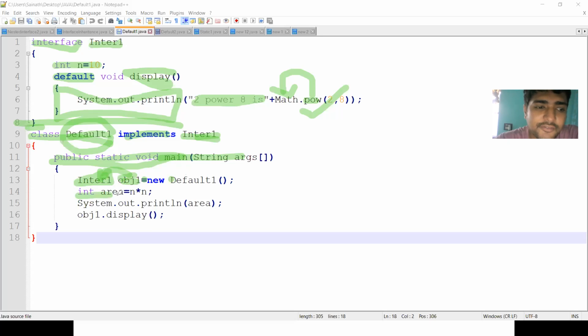Then I am creating a variable area and assigning it n into n, performing a computation. The n value is 10. Then I am printing the area, and I am calling the method obj1.display().